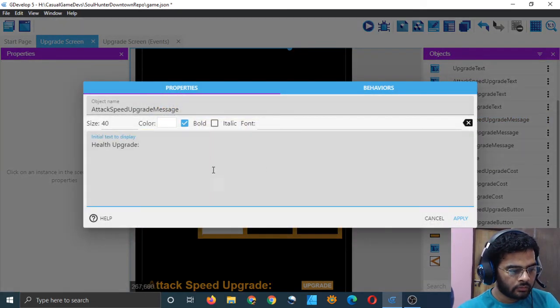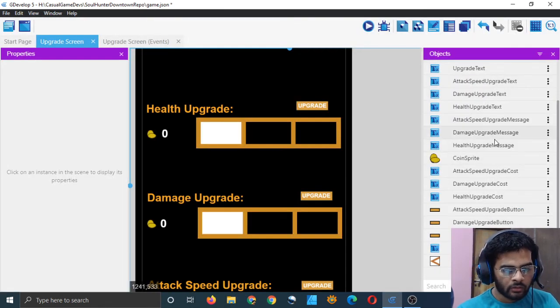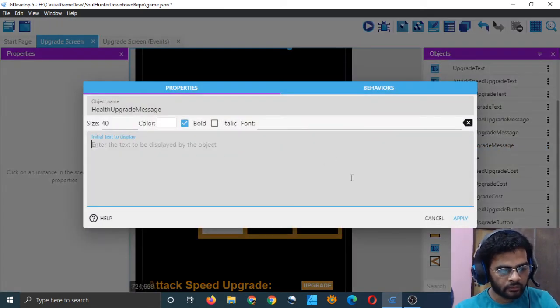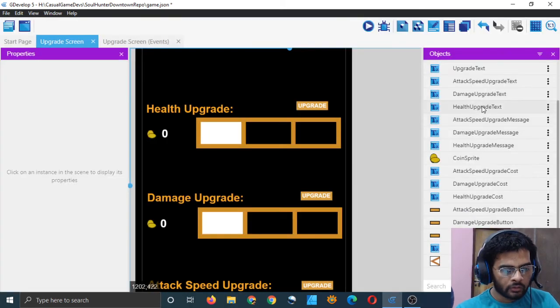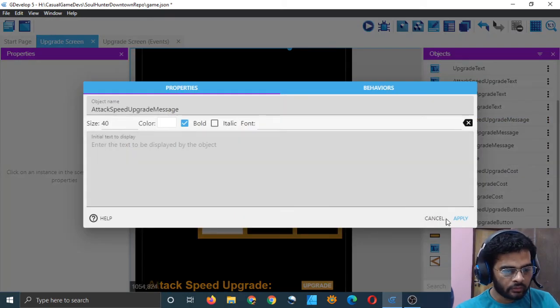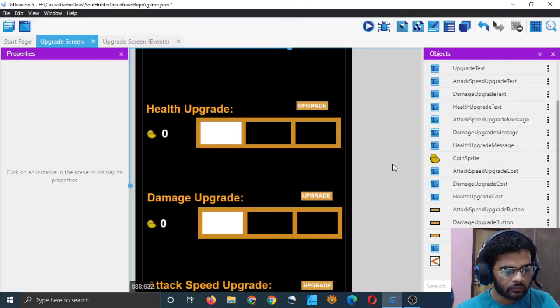And actually the text should show not enough coins, but I think the text should not show anything right now, just an empty string. Health upgrade message, don't show anything. And attack speed upgrade, don't show anything. Damage upgrade, don't show anything at all.